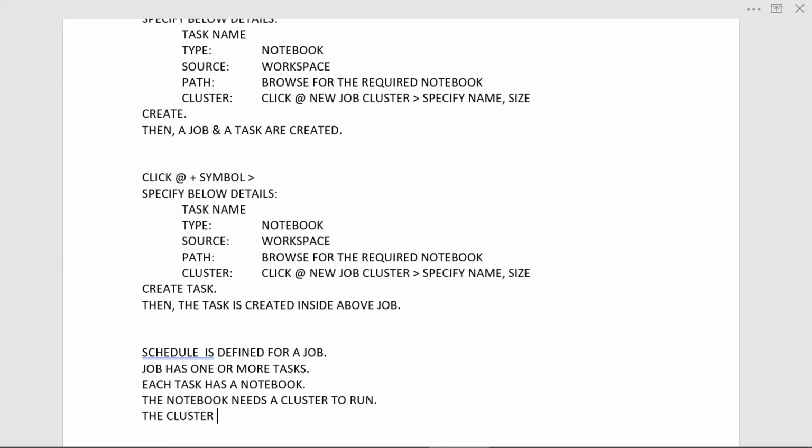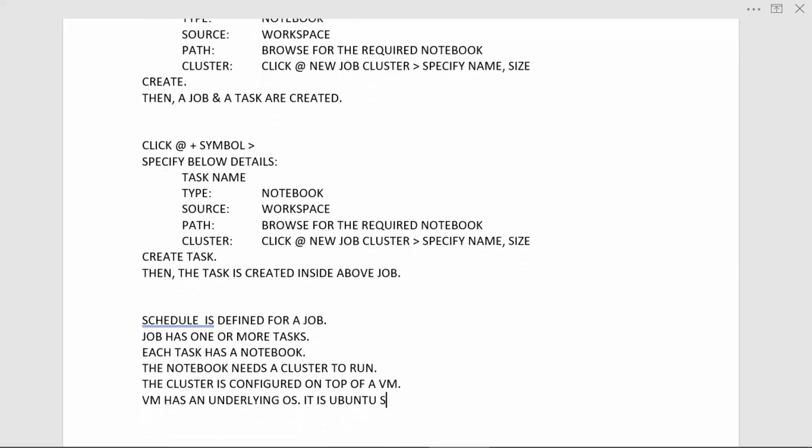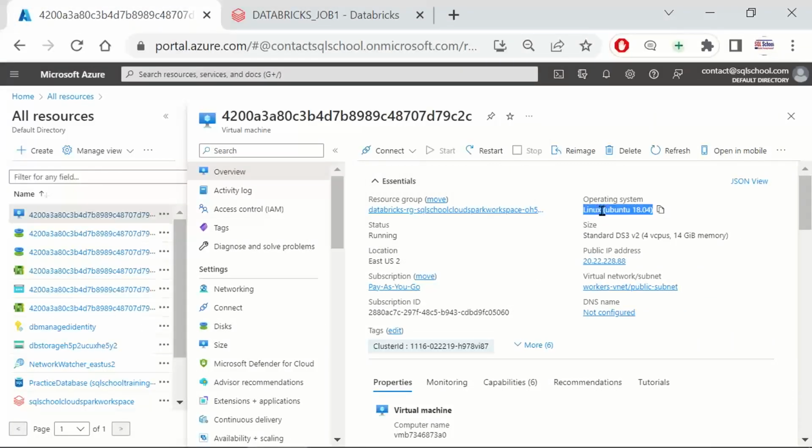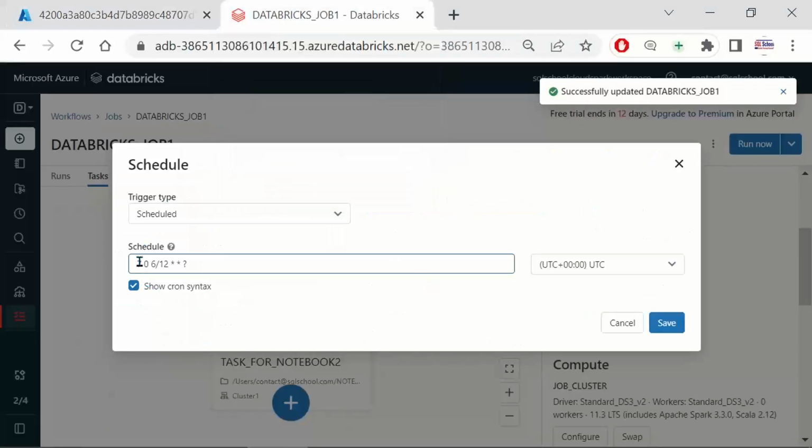And the cluster is configured on top of a VM, and the VM has an underlying OS. It is Ubuntu OS, a Linux environment. The Ubuntu Linux environment demands something called cron syntax, meaning command run on,